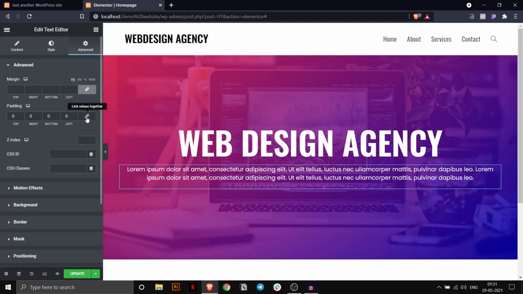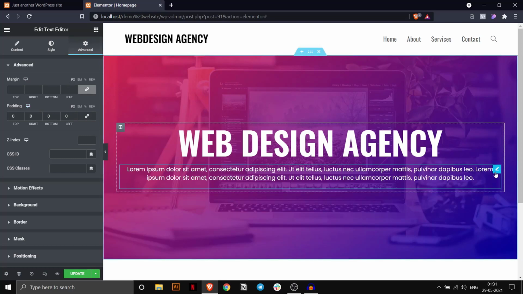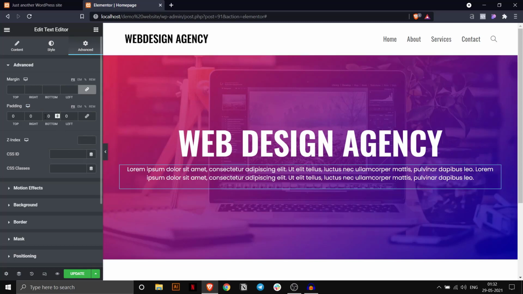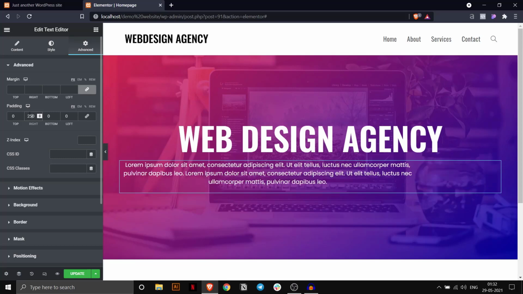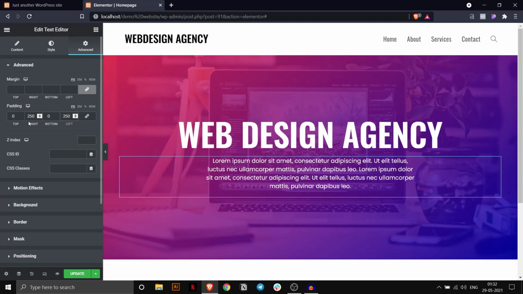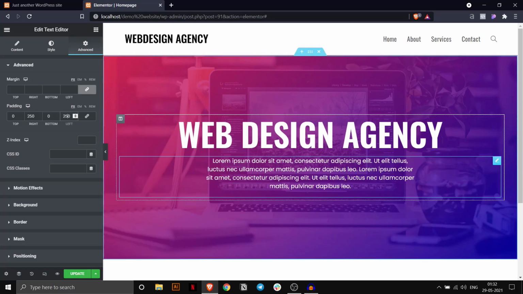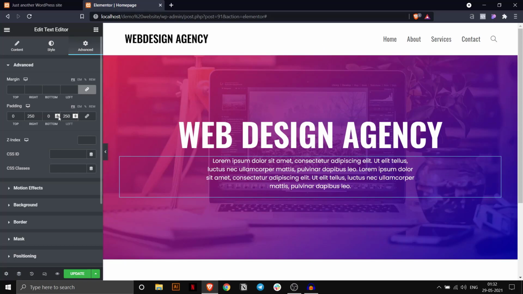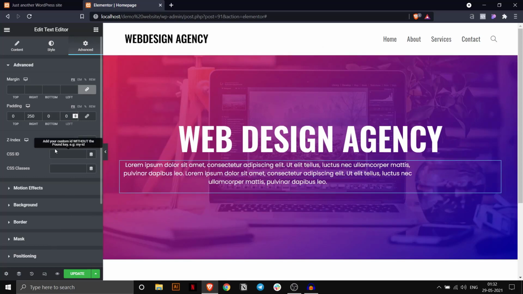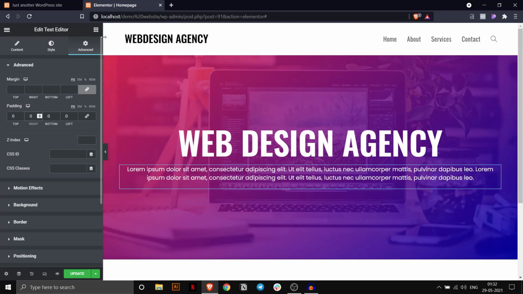So basically the margin adds some space on the outside, and padding adds some space on the inside. So if I want to add some space on the left and the right-hand side, I can simply add some space, like say 250 on the left and 250 on the right. It looks quite similar, but it creates some difficulties when you make this page mobile responsive. So let's not do this, and let's